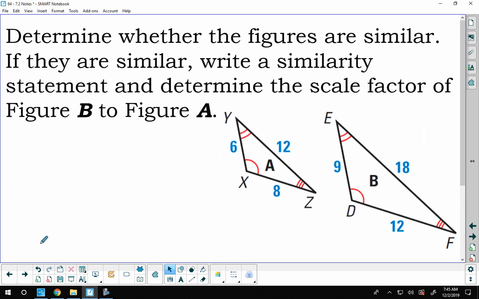So determine whether the figures are similar. Well, there are two things we need to check. One, are all corresponding angles congruent? Yes, X is congruent to D, Y is congruent to E, and Z is congruent to F. So all those corresponding angles are congruent. Step number 2 that we need to check, let me write that down first. So 1, all